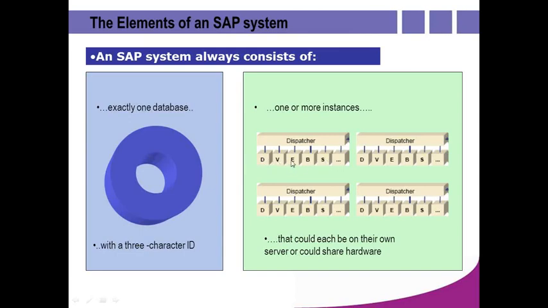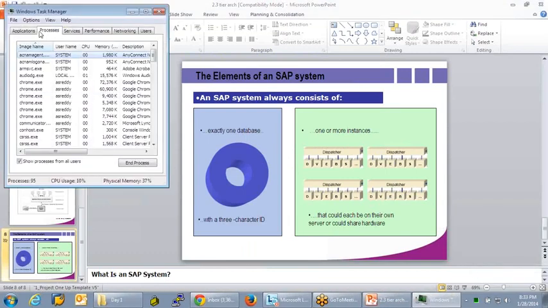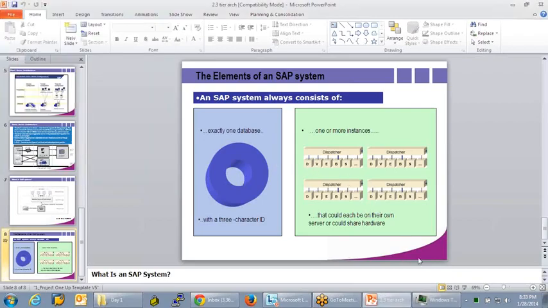These processes we call work processes. To execute anything, one process is required. If you observe the Windows Task Manager, I am opening it here, a lot of processes are running. If I want to open Chrome, this process should be running. In the meeting I am using, a process is helping to conduct this session. If I kill this process, that functionality will not continue. So one process is helping you to use that functionality, to execute that request. In the same way, in SAP it is the work process.